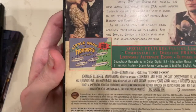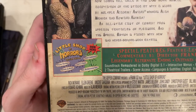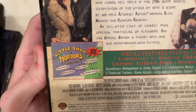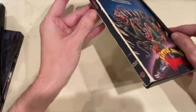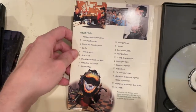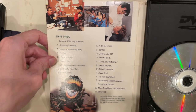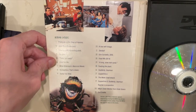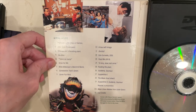And then here's the menu, if I could show you the menu. So, special features, and then everything. So, this is the spine right here. And then you open it, here's the scene selections. We got prologue, Little Shop of Horrors, Skid Row Downtown, Strange and Interesting Plant, Dentist, Twice as Many, Grow for